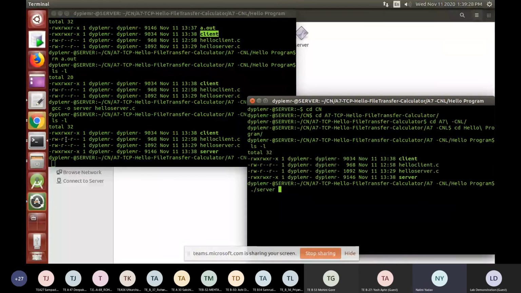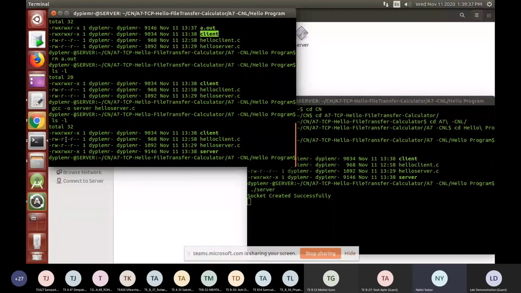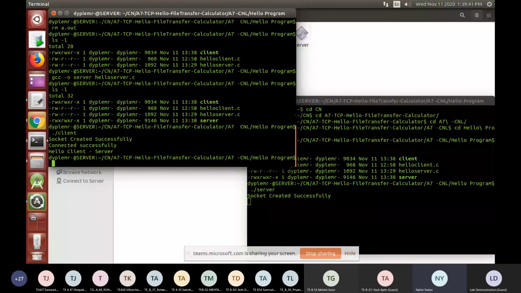So dot slash server. Socket created successfully. I get this display at the server end, and then I go to the client side and run the client program. So what I get here: socket created successfully, connected successfully, hello client server,